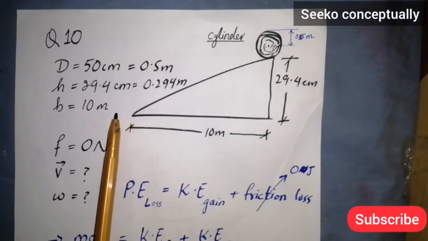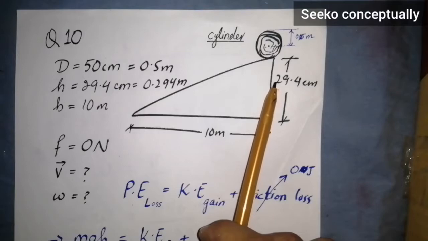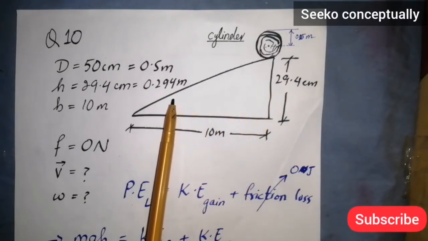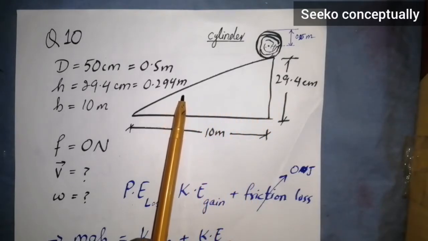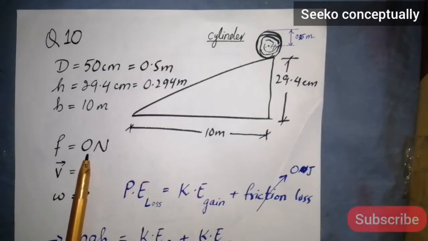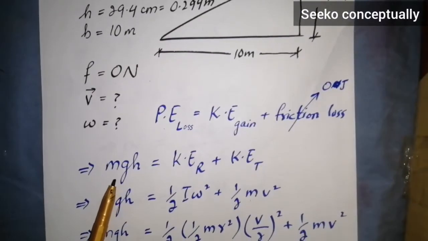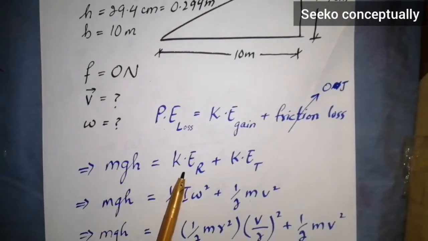Some of the potential energy could also be used against friction, but as we are given that the friction here is 0, the frictional losses are also 0 joules. Hence we get that the total loss in potential energy will be equal to the gain in rotational kinetic energy